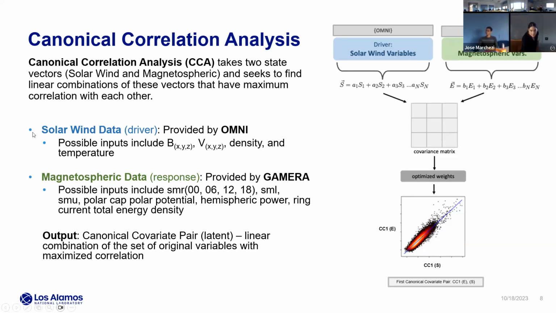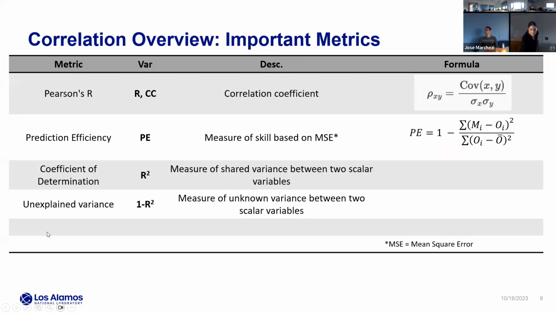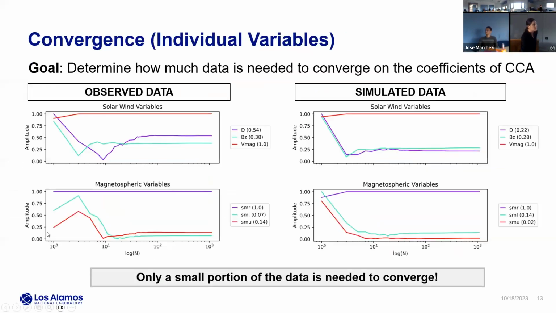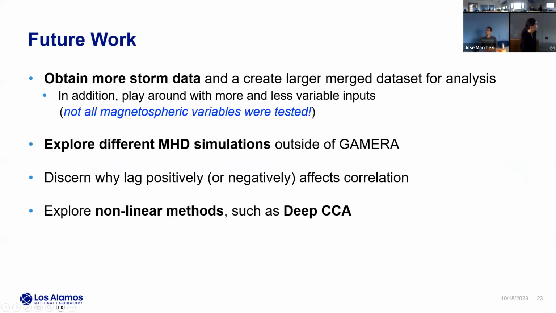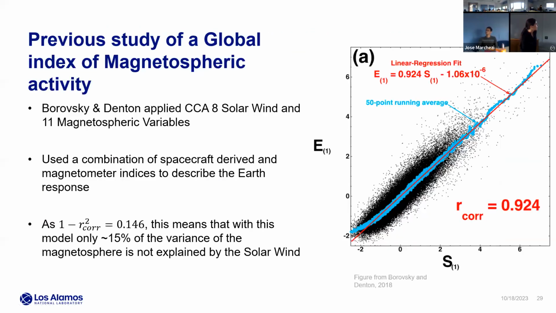Yeah, so actually, let's see. There was a previous study done by Borowski and Denton in 2018. I actually do have a backup slide for that. Let me see if I can find that. We had a good idea that this would work. It's a good base plate to start, because this was just an 8-week seeded project. We didn't know what was going to become of it. So we had a good idea there was some linear relationship. Maybe it can't describe everything, and we'll move on to something that can account for nonlinear, but we based it off of the study.